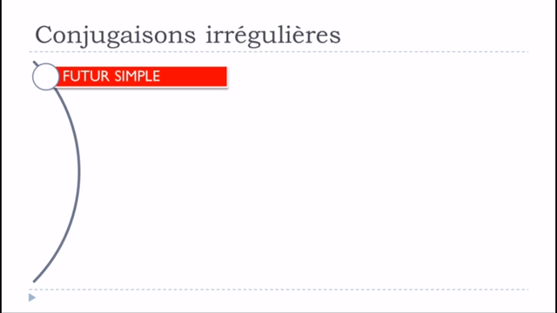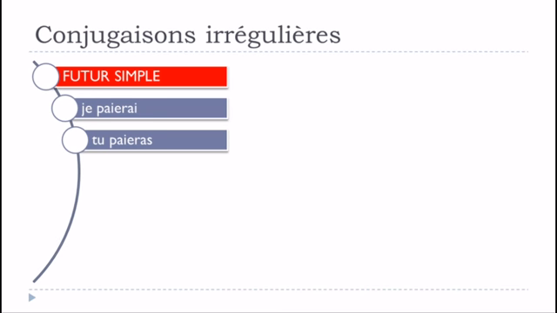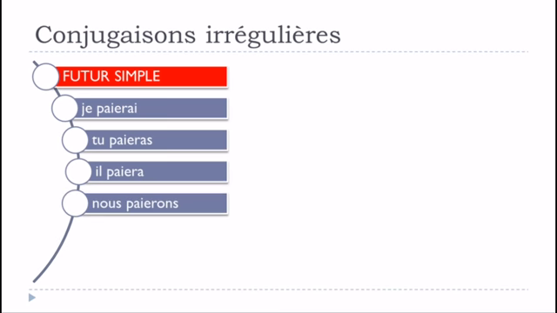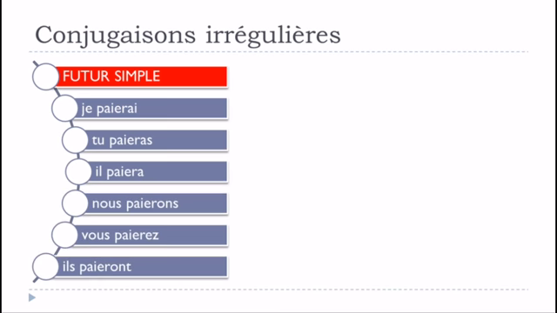So as you can see, I've been dividing the screen in two. We'll see first the official way l'Académie Française would like us to write it or to say it. So je paierai, tu paieras, il paiera, nous paierons, vous paierez, and then ils paieront. Okay, so you can see that it's exactly the same thing. This Y is gone and it's replaced by this I for each form.